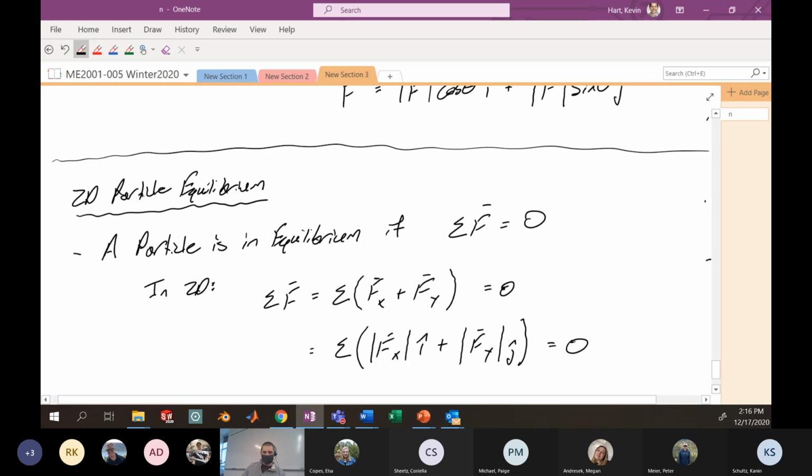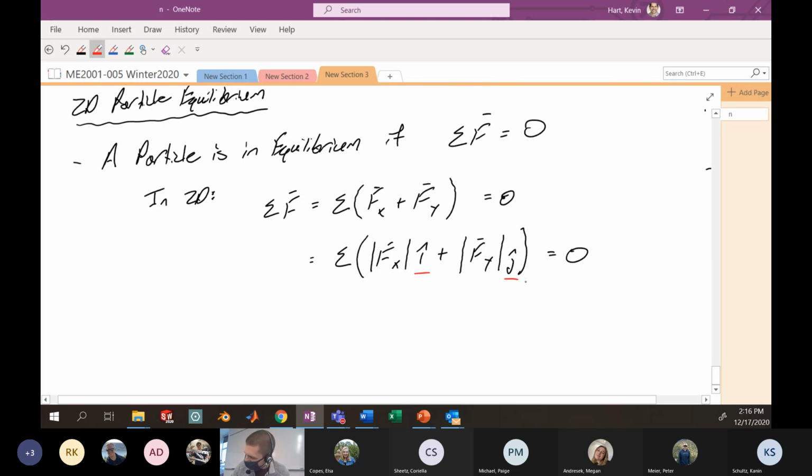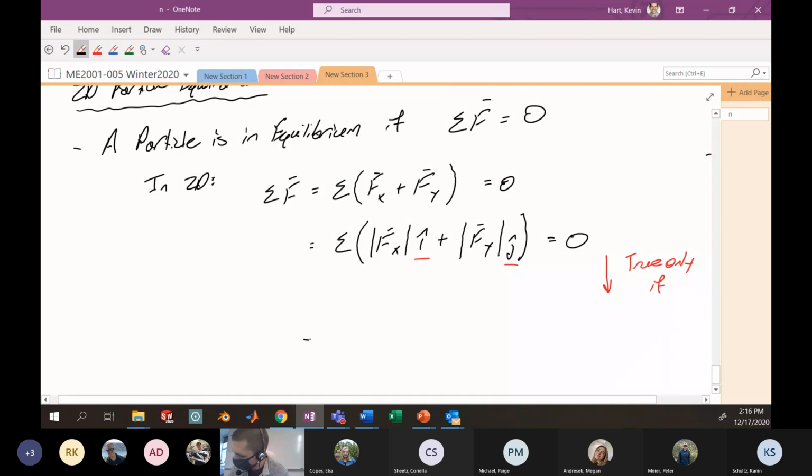And we said that the only way for this to be true, since the I and J directions are mutually orthogonal and independent of each other, is if each one of these individual directions holds. So the sum of the forces in x equal to 0